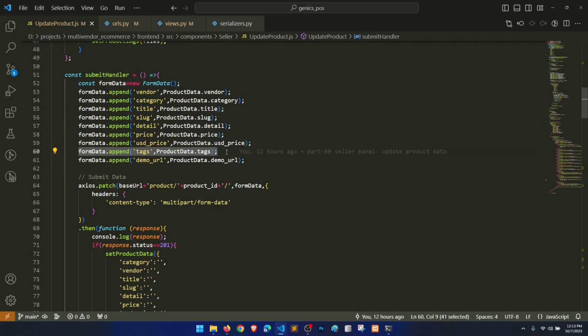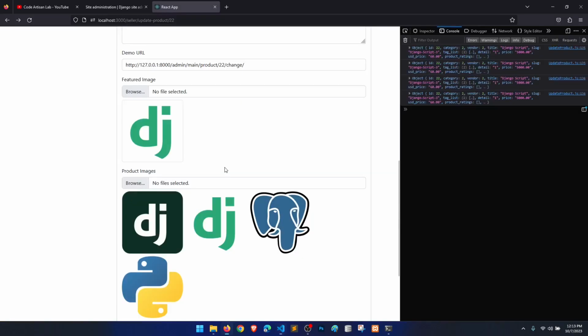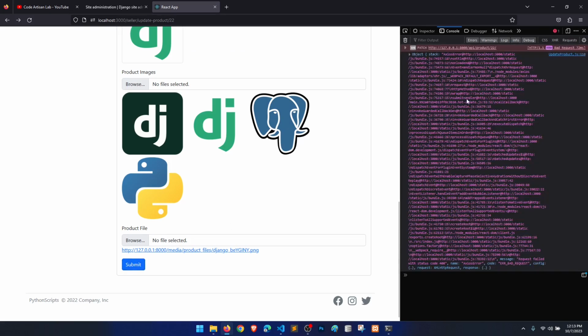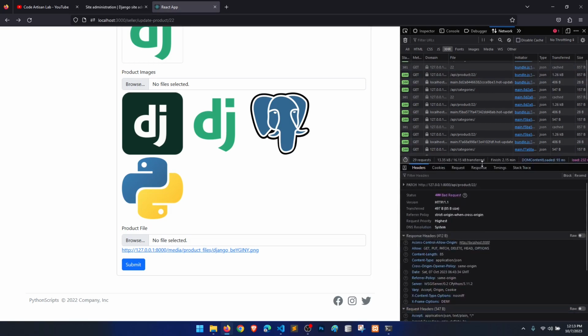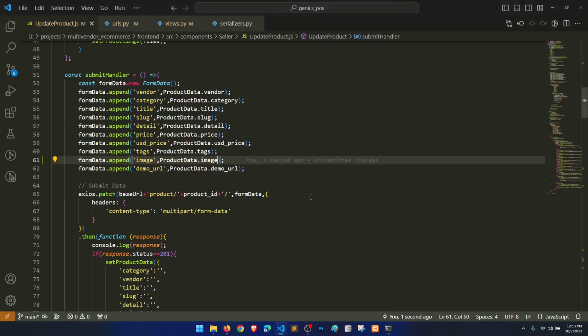Let's copy this one. So we'll say image equal to image, right? So now let's say save, submit, and let's see what it is saying here. Response image: Submitted data was not a file. Check the encoding type on the form. All right. So this is saying